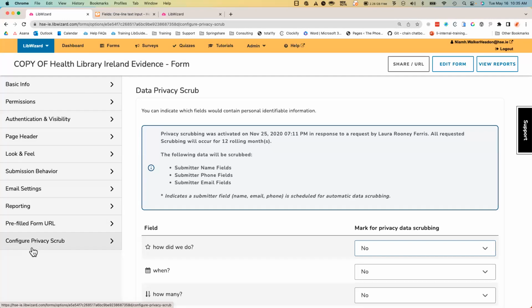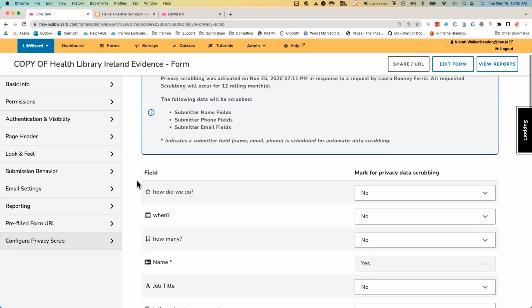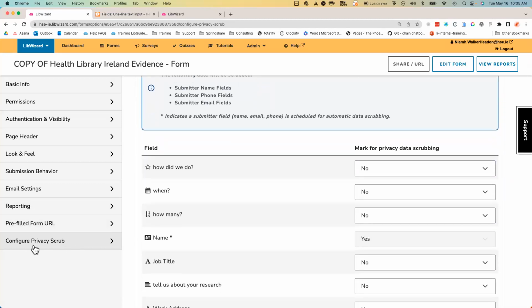There's also the privacy scrub. This is an important part. I'm not sure I want to get into all this right now because I was going to save this for the end, so let me come back to this later. But within a single form, in the settings, under configure privacy scrub, you do have these options for what information should be retained and what information should be scrubbed. We'll talk more about this at the site level in a little bit, but I just want to point out that